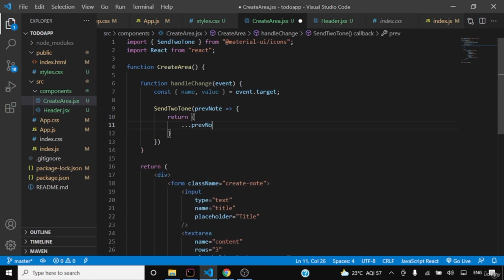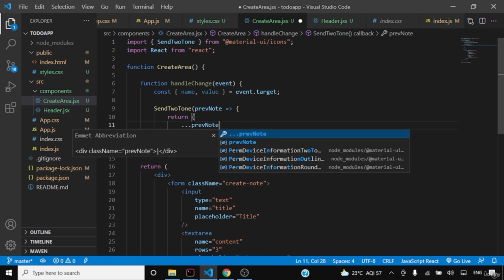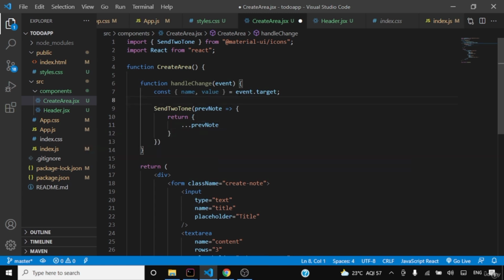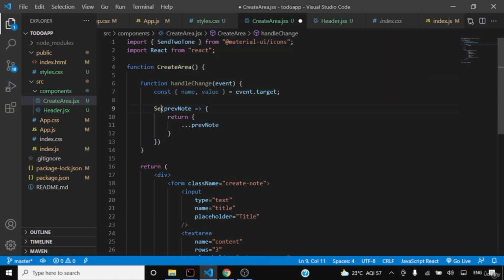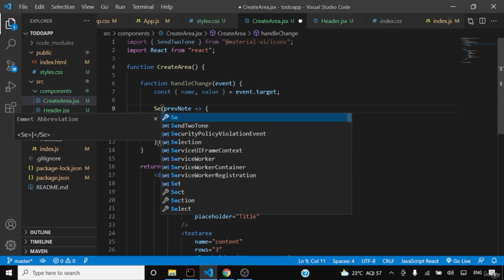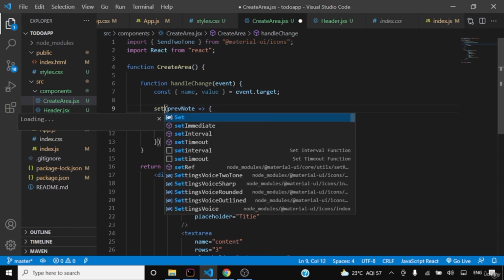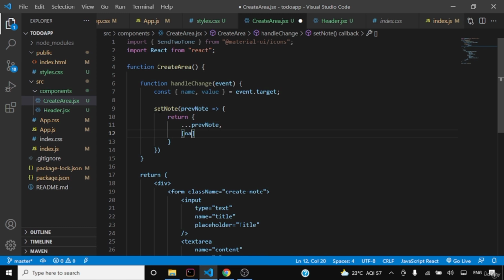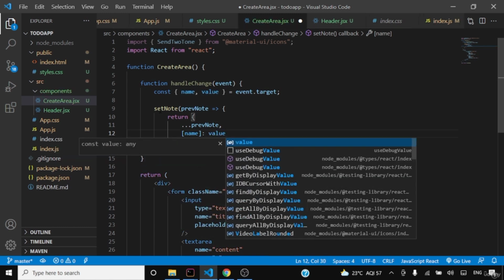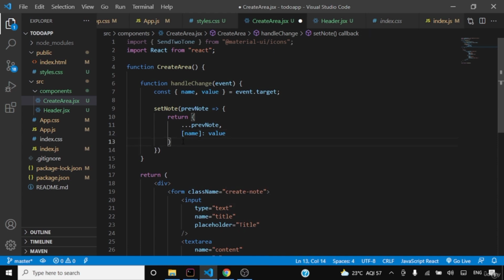This is the spread operator. We'll discuss what is the spread operator, why we are using these curly braces, what event.target returns, everything. We'll see everything after I finish writing the code. Just write the code with me parallelly, so that once you also finish, we can discuss what's happening. setNote, previous note, comma name should be value. This is handleChange, and now